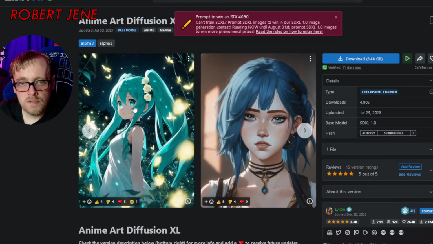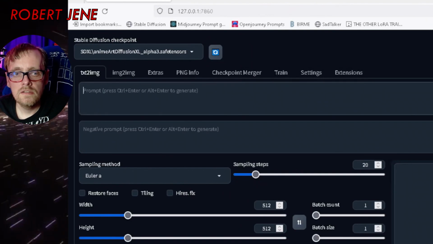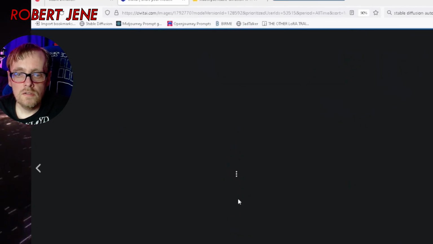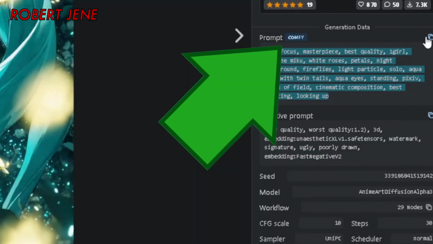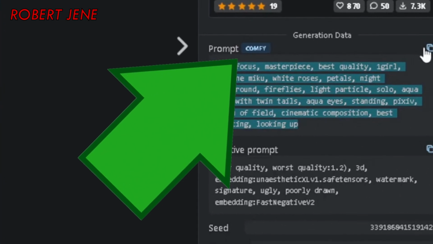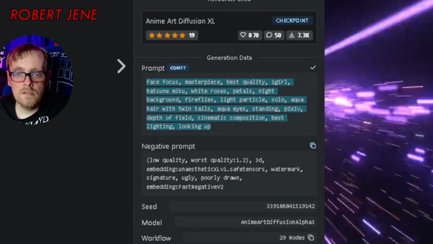I already have this image downloaded, so let's try it. Send to text to image, and it didn't work. So you're gonna get that a lot. So, boring. I figured out later that this image was made with Comfy UI, not Automatic1111, and its PNG info is not compatible. I did these copy prompt buttons,